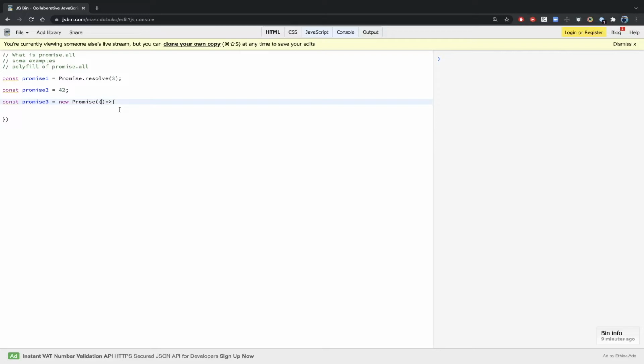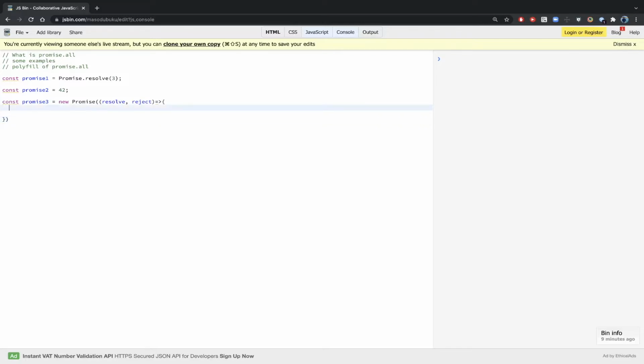So here the promise will take a callback. As we are seeing, we are instantiating one promise, it's taking one callback, and the callback can have two parameters, resolve and reject. The first parameter will always be resolve. You can name it whatever you want, but the first one belongs to resolve and the second one belongs to reject.